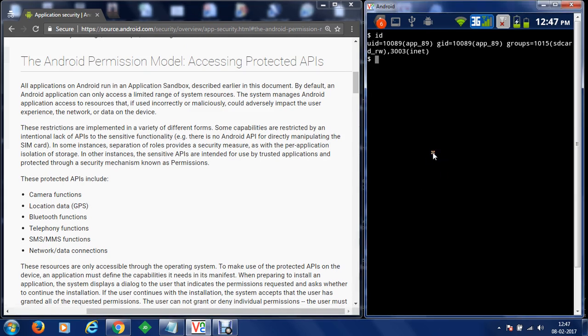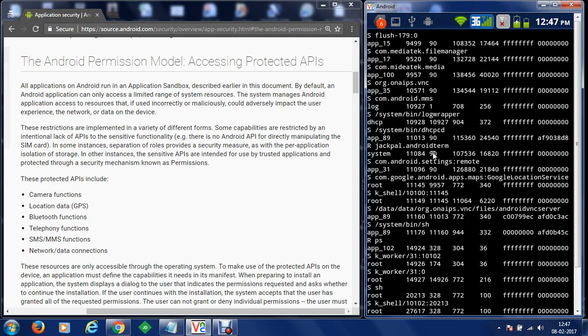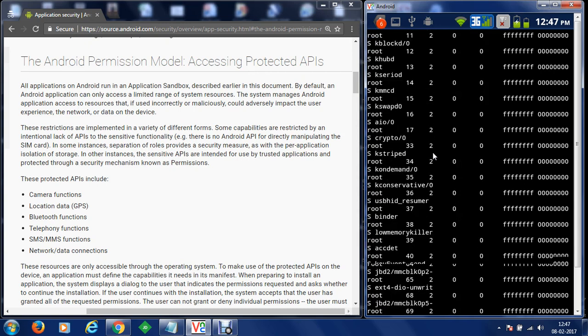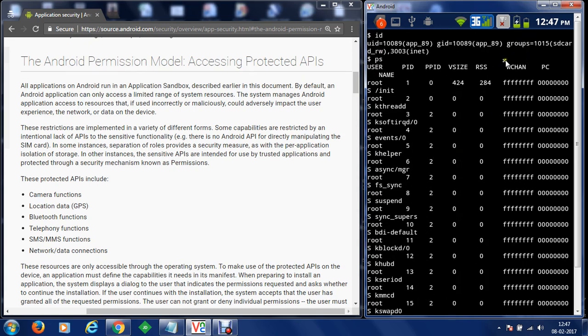Now we'll understand the application sandbox. To understand the application sandbox, what we can do is execute a command known as ps, which will display the process list running on your Android device. Once we execute the ps command, we get a list of all the applications and all the services which are running in our mobile device, and let's understand the ID, PID, size and name of the services which are running. So at this moment you can see that we have user information and process information available.